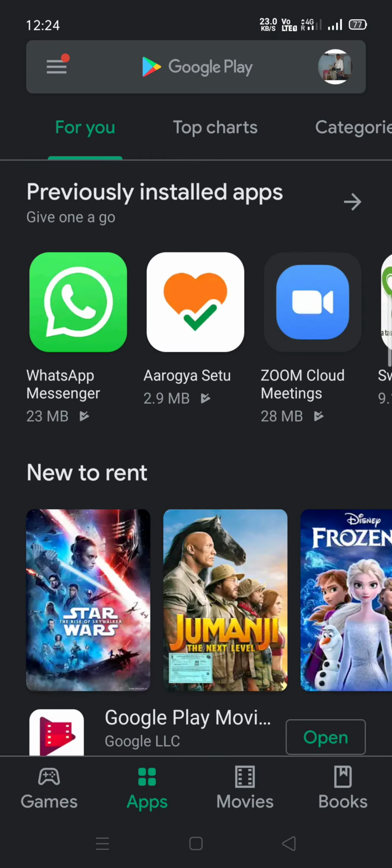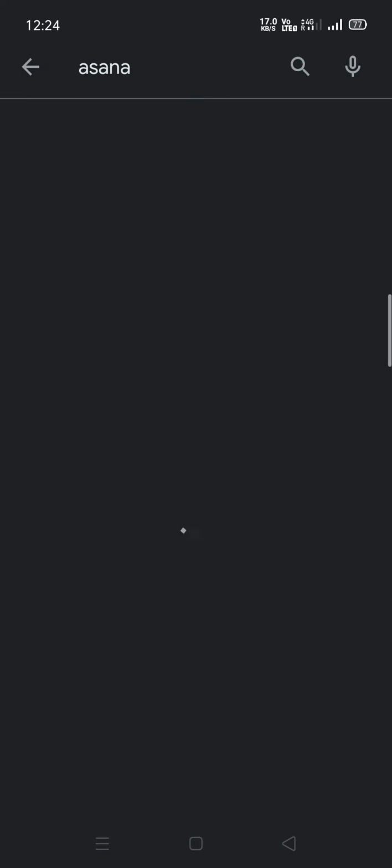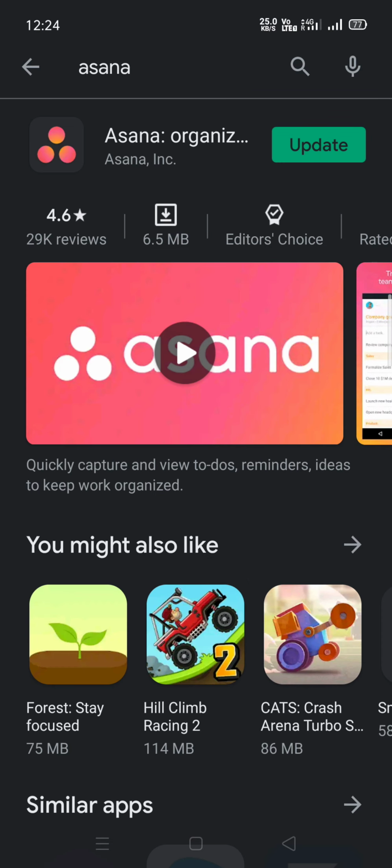You need to go to the Google Play Store and search for Asana. Then it will show you the project management app which you need to install. So this is the app, you can see the logo and all. I already installed it, and I will open that and show you.